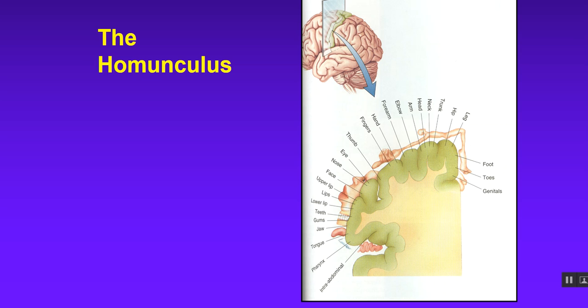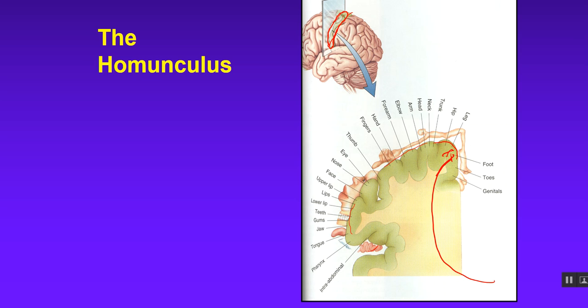We have a thing called the homunculus. When you have sensory information that comes up for conscious awareness, there's a somatotopic arrangement of where different parts of our body end up in our cerebrum. There's a very specific part called the postcentral gyrus, which we're going to identify on our real brains here. This little area of the brain. If we look at it, you can lay out a map of the body, and when those pathways are